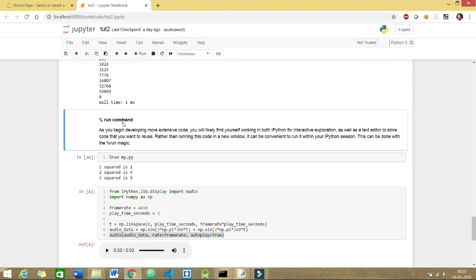So I was talking about this run command. It's a very good command actually. What this command does is, suppose we have a Python file. Okay, so the first thought that comes to your mind is, okay, I will copy the code from my Python file to the Jupyter notebook and just run it. But what if that Python file contains 100 lines of code? Let me show you a Python file, right?